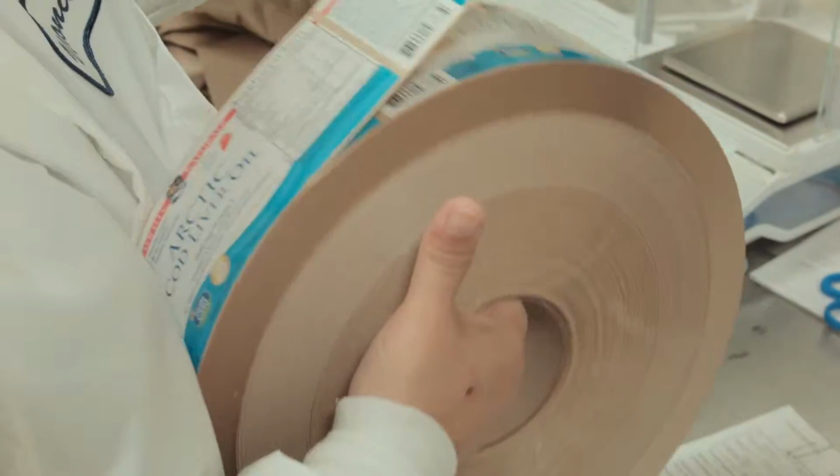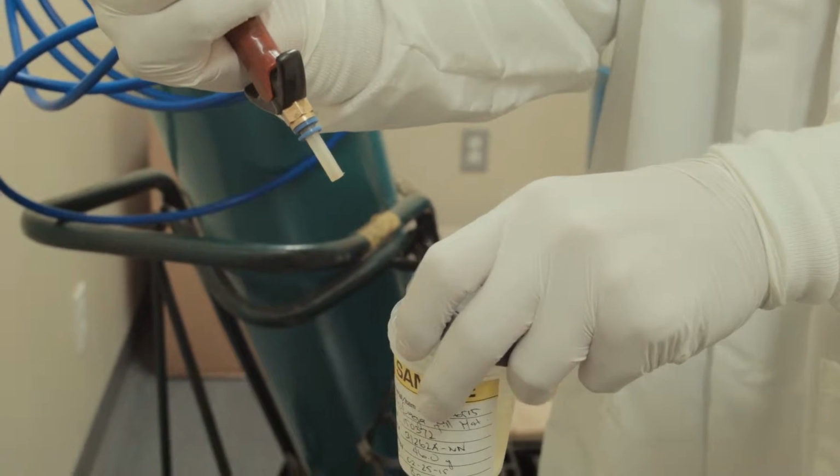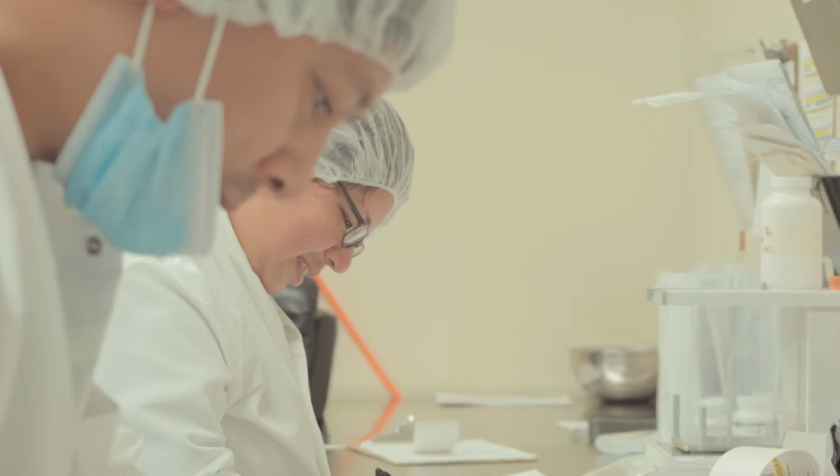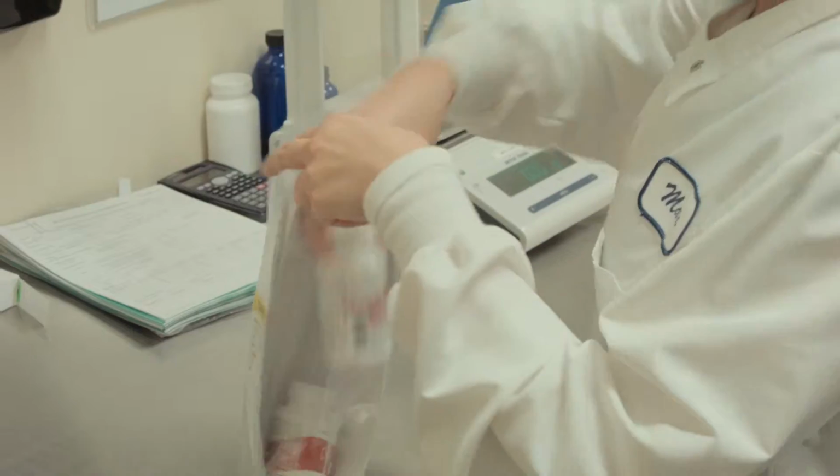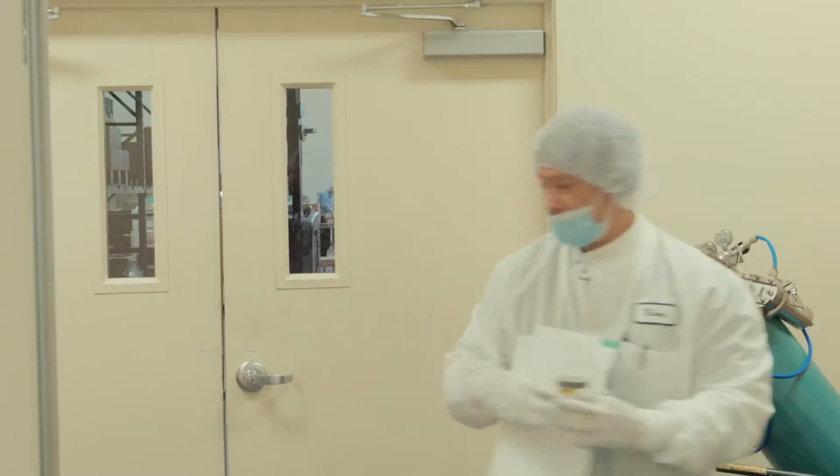This is our sampling room, a room that was specifically built for the sampling of nutraceutical products. All of our components, from labels to raw materials, are sampled per an item-specific sampling protocol. Once the samples are taken of either ingredients, components, or finished goods, we then send them to our quality control